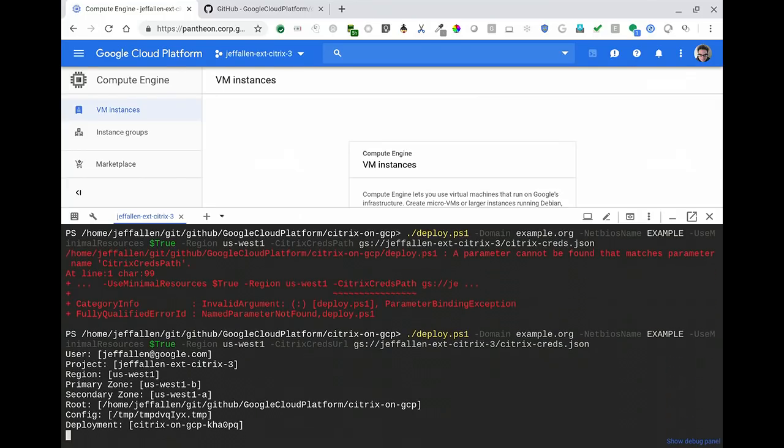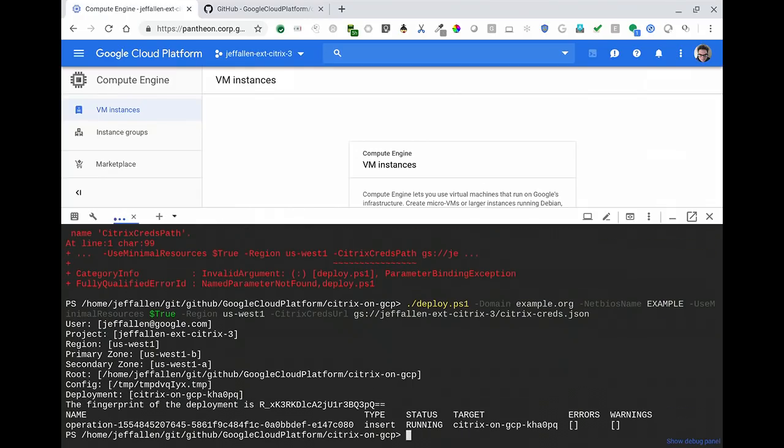And so we'll see that it's going to initialize a few things, and then very quickly go into Deployment Manager, where Deployment Manager is going to recognize that there's a deployment that's been kicked off. It's an asynchronous operation. It's going to stand up some instances, bootstrap those instances, put a pin in this. We'll come back to it towards the end of our presentation, take a look at what it just built, and actually access that environment, run the virtual app, and see how that works. So now, if we'll go back to the slides,